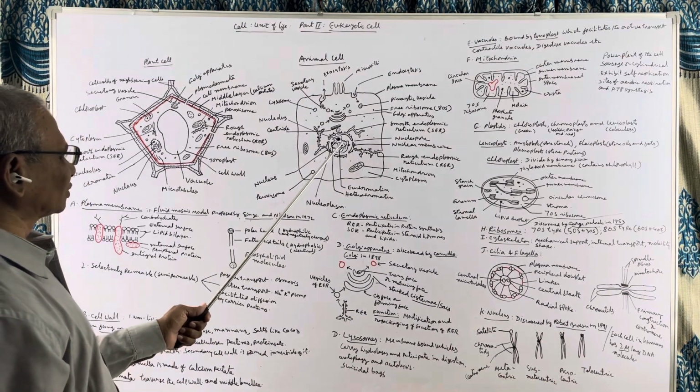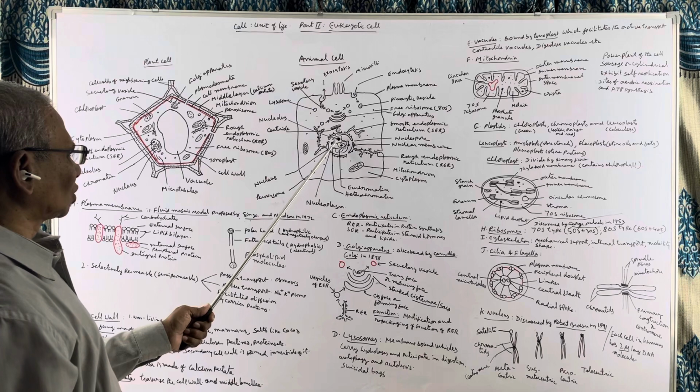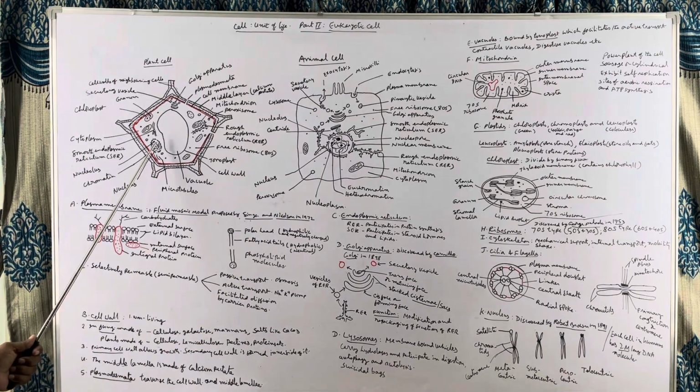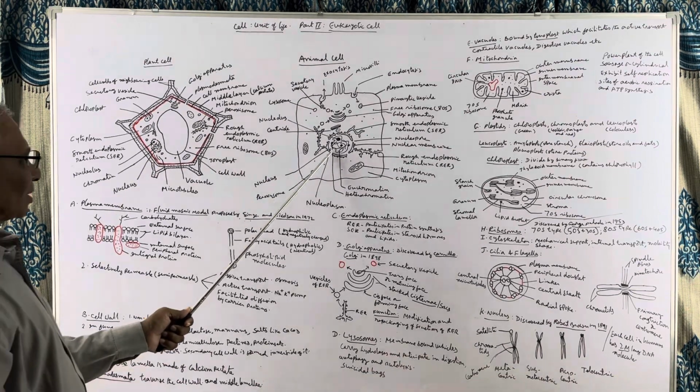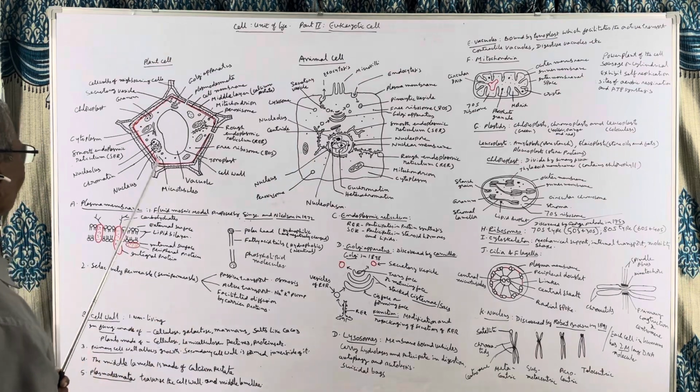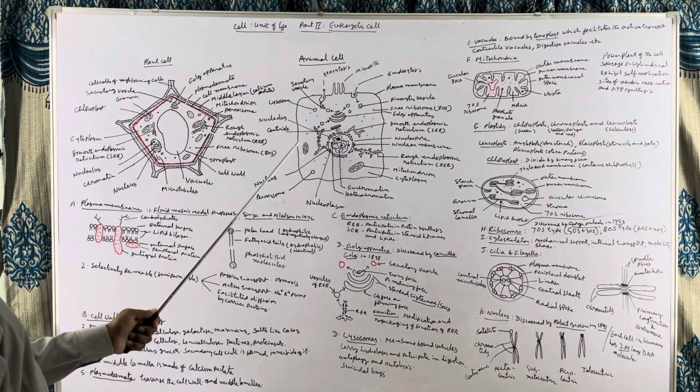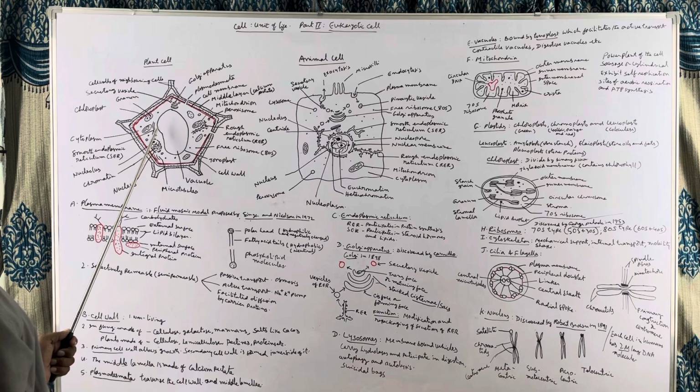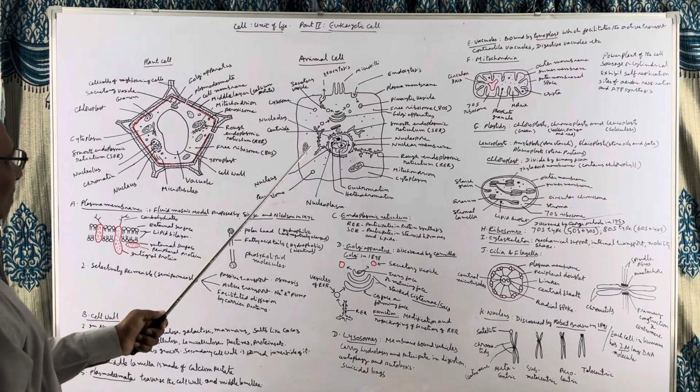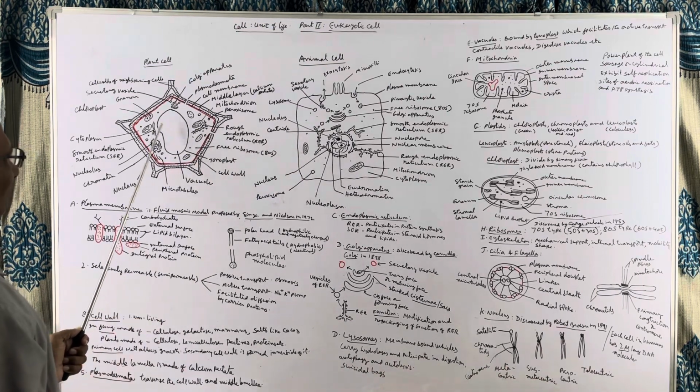Inside the nucleus there is chromatin, nucleolus. Here also we find chromatin and nucleolus inside the nucleus. The nuclear membrane has pores. Surrounding the nucleus there are ribosomes in both the cases. In both the cases there are mitochondria. In both the cases there is rough endoplasmic reticulum, smooth endoplasmic reticulum,